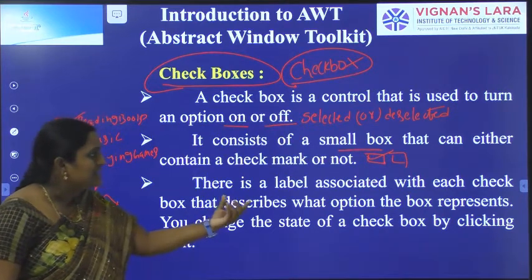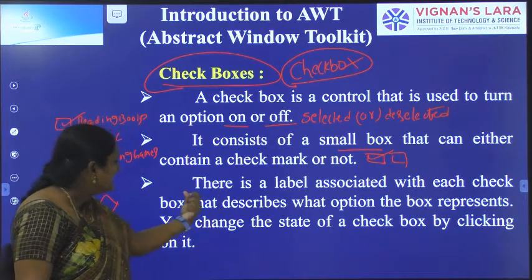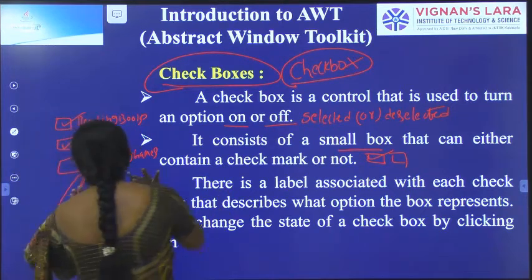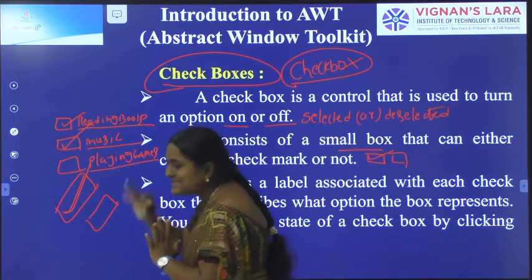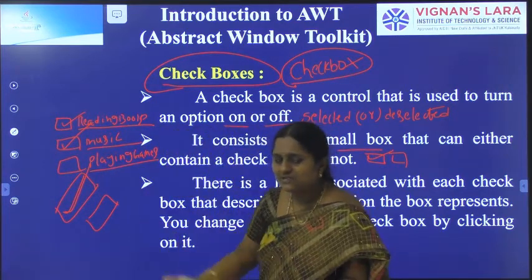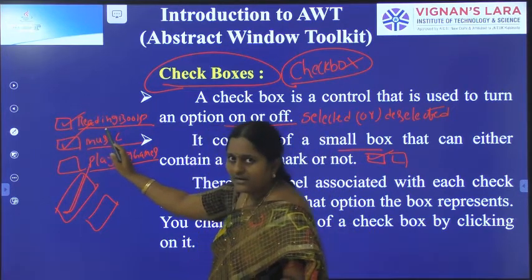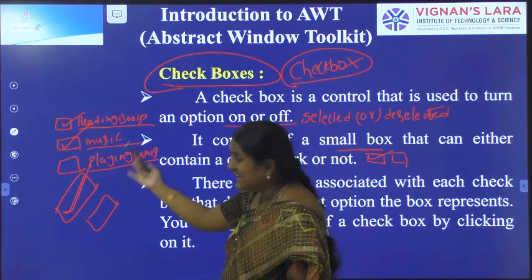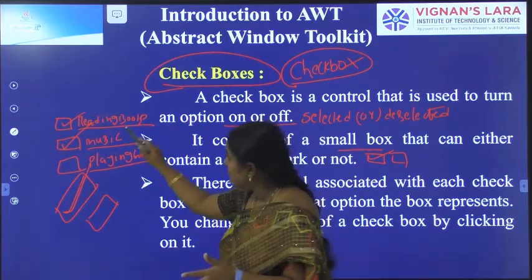There is a label associated with each checkbox. Label means, here, reading books, music, playing games. A label is a string which it displays. Each checkbox has some label, so you can easily tick which one you choose. Suppose my hobbies are reading books and music.